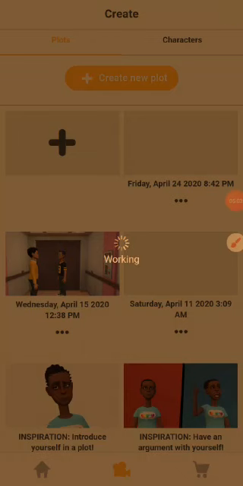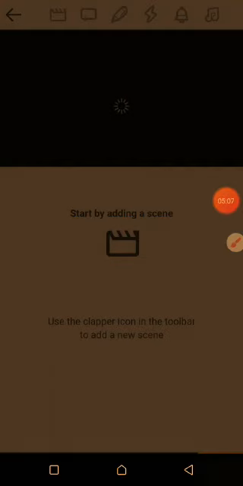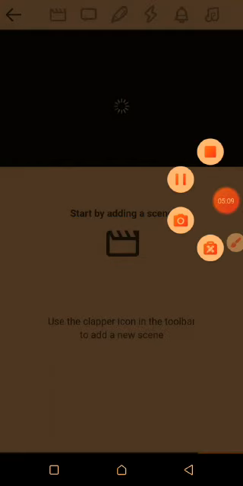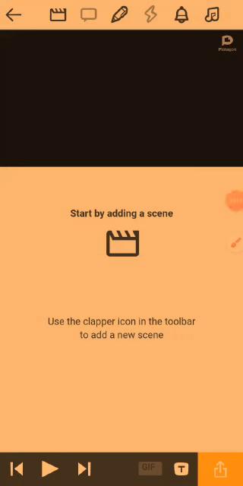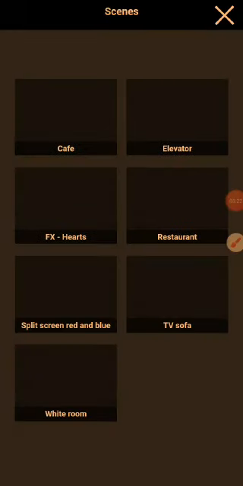It's loading. So it's done loading. Just click on start by adding scene. The first one here, just click on it. Yeah, it will bring scene. Then click on the scene space here. It will give some set of scene. It will display. It's because my network is not good. So you have cafe,